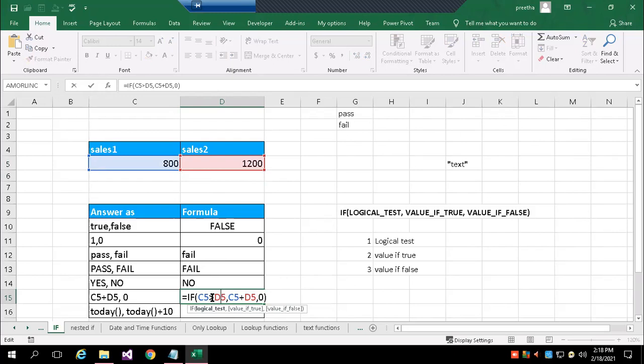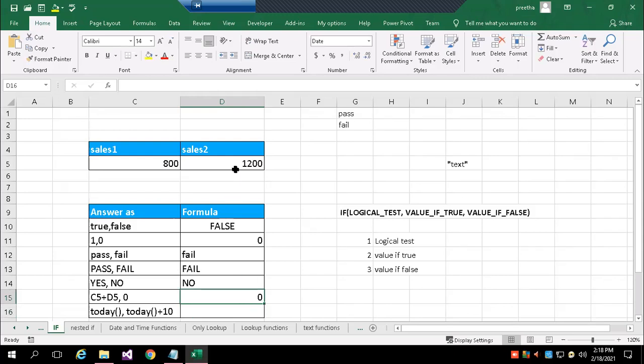When the condition is true, it writes C5 plus D5. Again, if I change to a lesser value, less than C5, my formula result automatically changes.